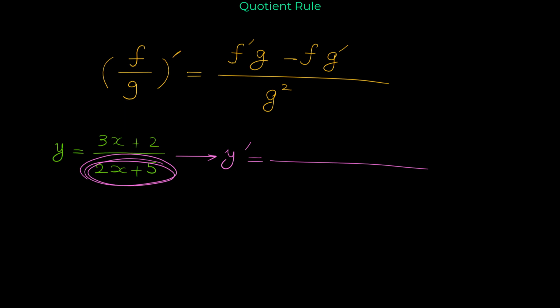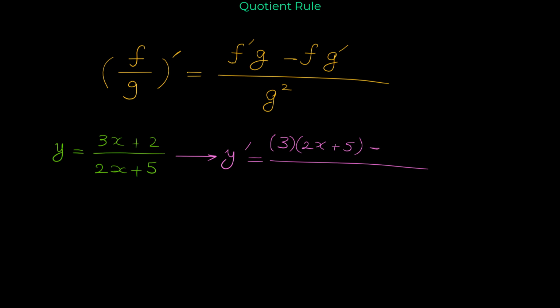Based on this formula, for finding the derivative of 3x plus 2 over 2x plus 5, first we have to find the derivative of the numerator, f prime. F prime is the derivative of the numerator. The derivative of 3x plus 2 is 3. The derivative of 3x is 3 and the derivative of the constant 2 is 0. So the derivative of the numerator is 3. We have to multiply it by the denominator, 2x plus 5,